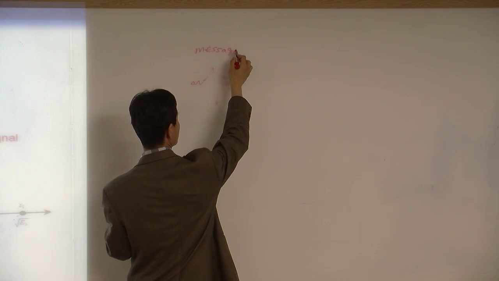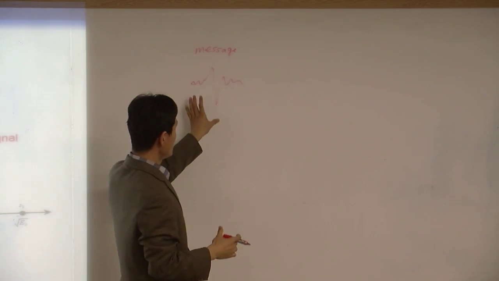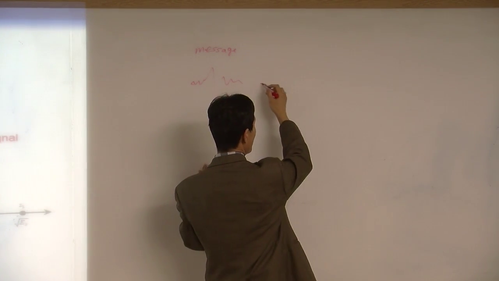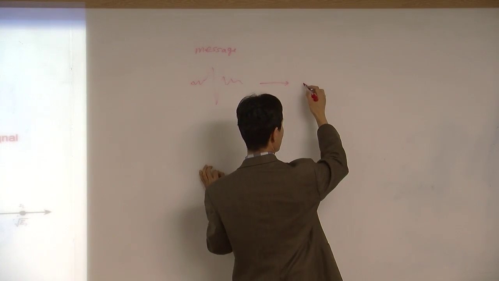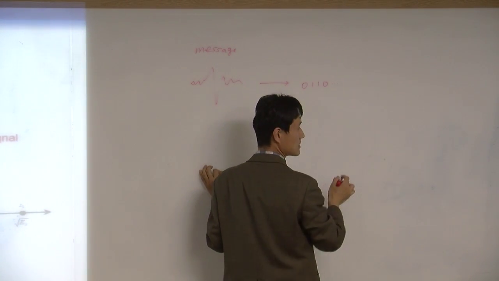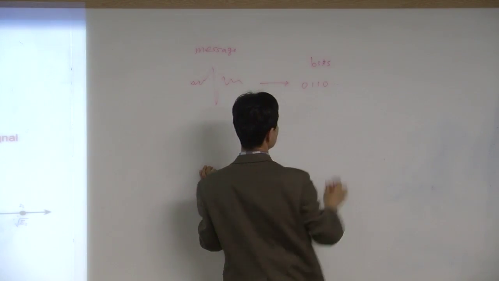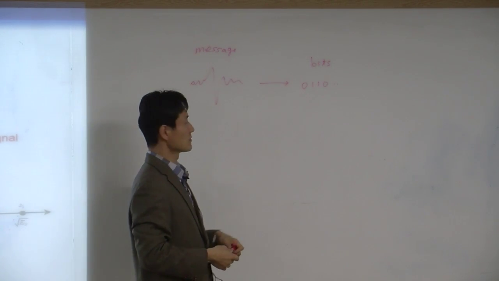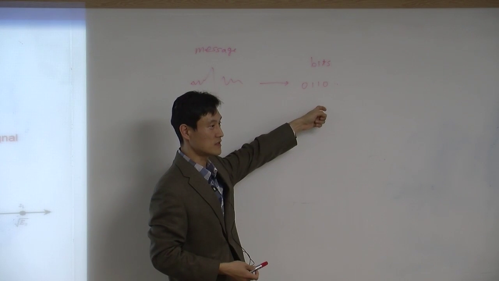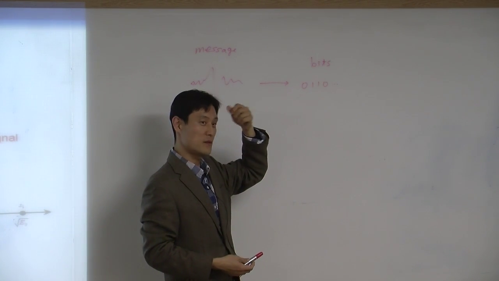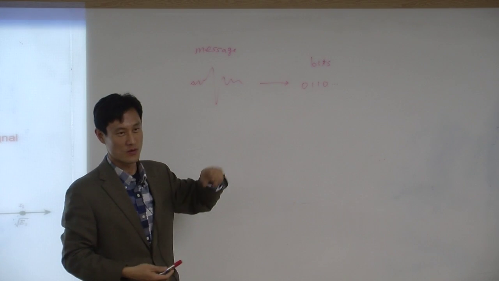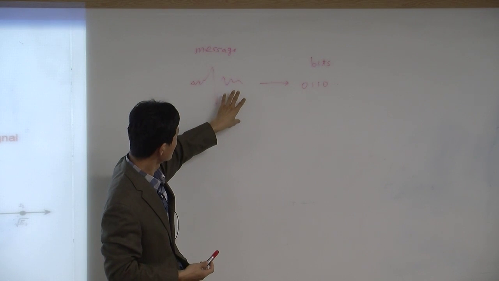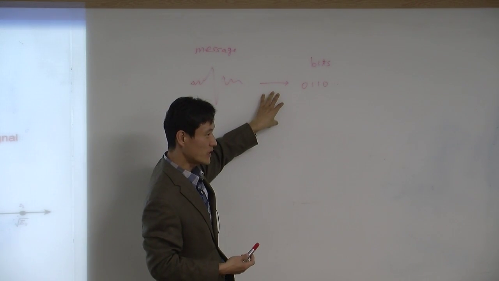So we always start from the message. Eventually this original message needs to be digitized, and somehow it has to be converted into 0, 1, 1, 0, some bits. We call that bits. So how do you change this analog into digital? That's what we learned. There are many ways, right? Delta modulation or PAM. PAM is a little bit different, but the easy way to do it is we put the